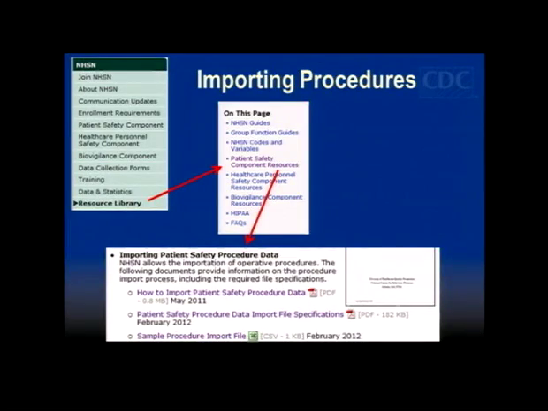So to get information about importing, you can go to the NHSN public website, go to the resource library, and then on that page, just click on Patient Safety Component Resources, and it'll bring you down to these options listed here, where you see a document for how to import the procedure data, and then another one with the file specifications for the import,